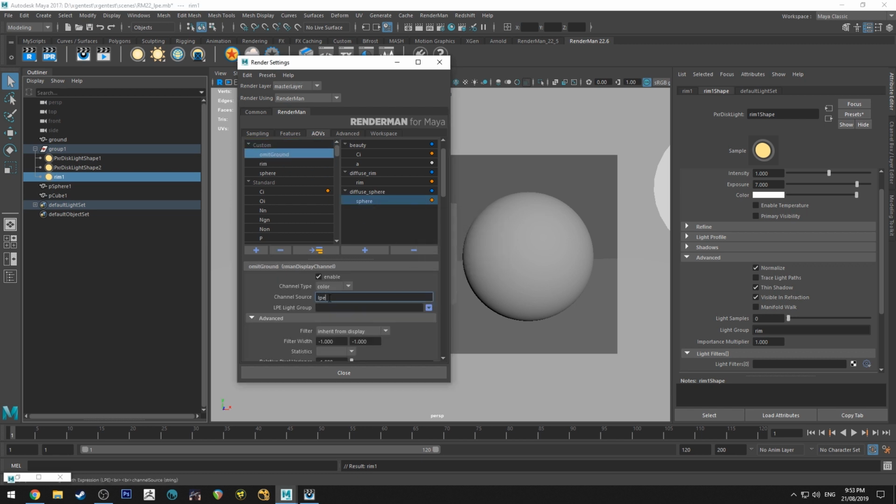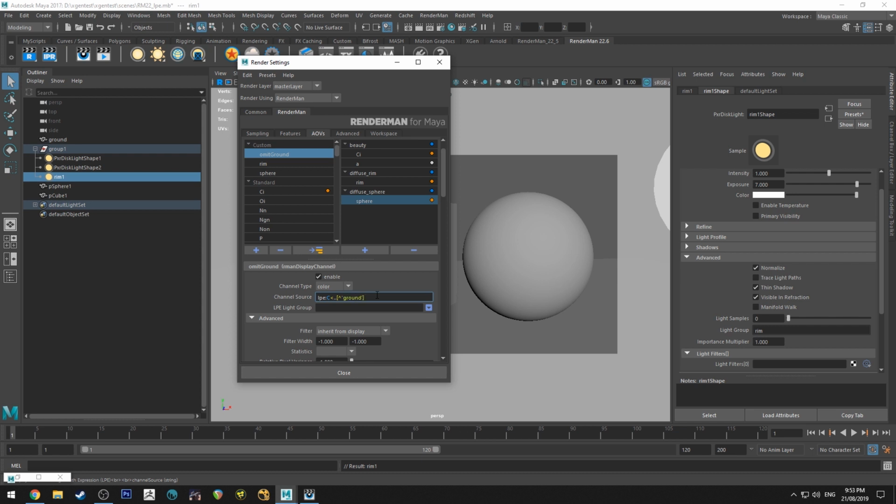Same again, LPE colon, C for camera, open up. This is going to be full stop, and then so we're rendering everything, and then this is where we use a bracket, and we're going to say render everything, and we use the caret, which is Shift 6 on the keyboard if you don't know what that is, and render everything except ground, and we'd have to put that in apostrophes, ground.